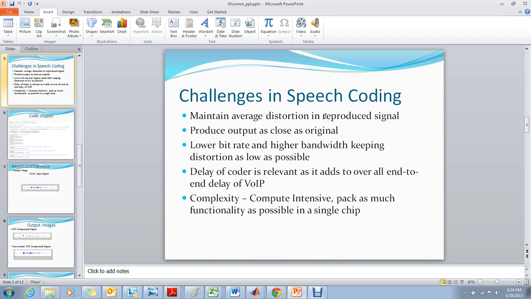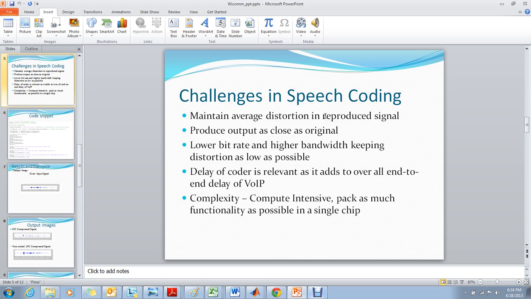Complexity is another thing that is to be considered when implementing a speech coding algorithm. The more complex the algorithm is, the more compute intensive the processor will be, and in today's DSP processors, the aim is to pack as much functionality as possible